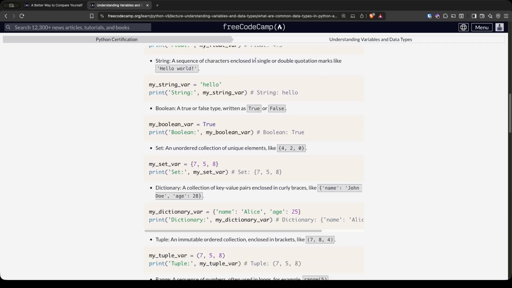String is a sequence of characters enclosed in single or double quote marks, like this, hello world. So my_string_var equals hello. Print string, my_string_var will print string: hello. Boolean, a true or false type written as True or False. my_boolean_var equals True. Print boolean, my_boolean_var will print out boolean: True. Set is an unordered collection of unique elements like 4, 2, and 0. So my_set_var equals 7, 5, and 8. Print set, my_set_var will print set: and then the set as it is,